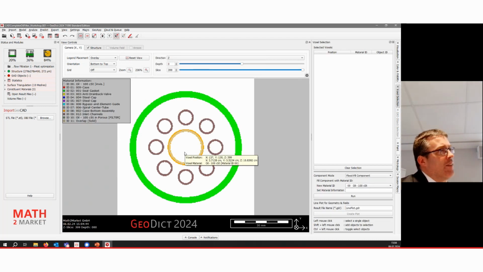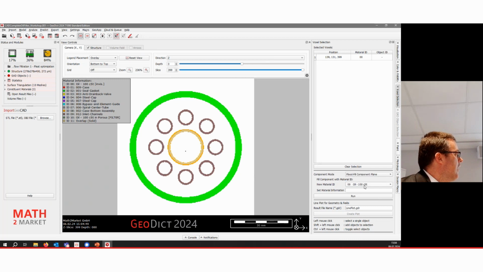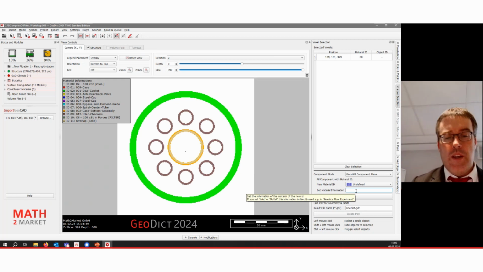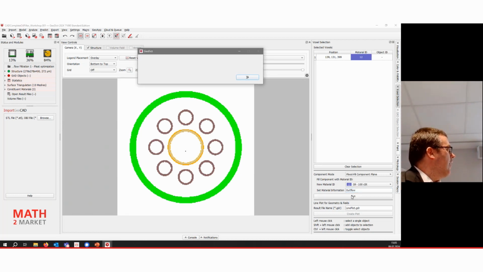I've actually painted a voxel, I just want to select that. Select that voxel. I'll say, okay, I want to have this plane filled with a new material, which would be the 12. The material information was the outflow, isn't it? And I'll run that.